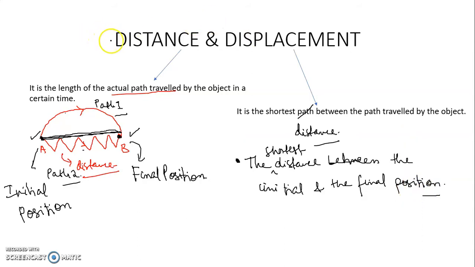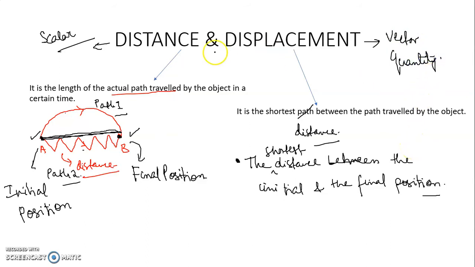Now in my last lecture, I explained to you what is scalar quantity and vector quantity. So students, distance is a scalar quantity. It has only magnitude, okay, no direction. See, whether you're using this path or you're using this path, it depends only on the path, right? It doesn't depend on the direction. Whereas displacement has magnitude as well as direction. So this one is a vector quantity. If you don't understand scalar quantity and vector quantity, please go through my previous lecture.